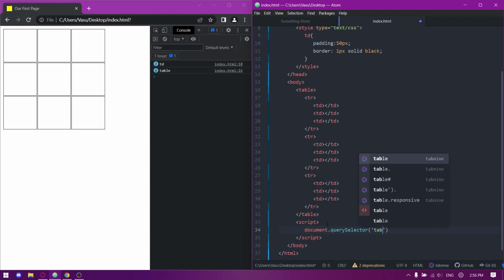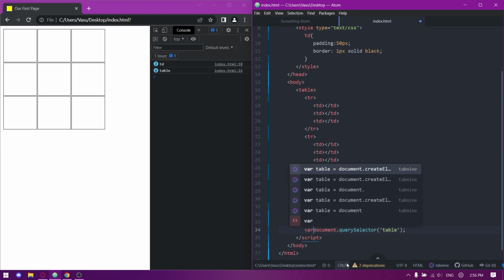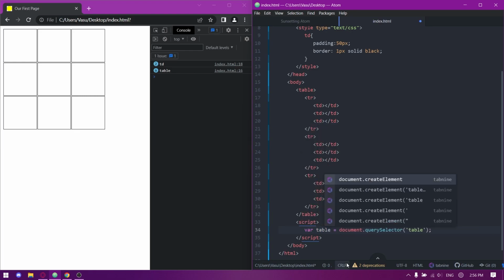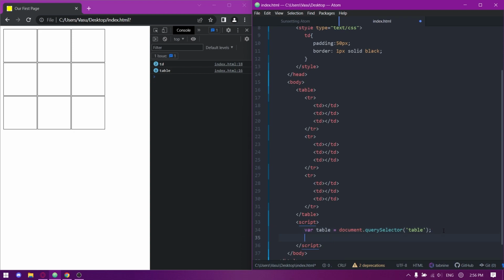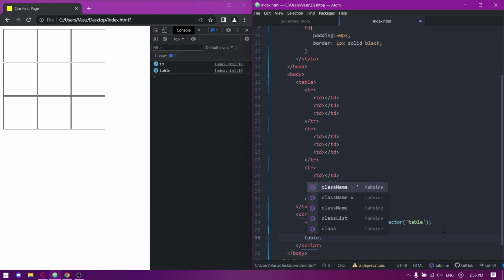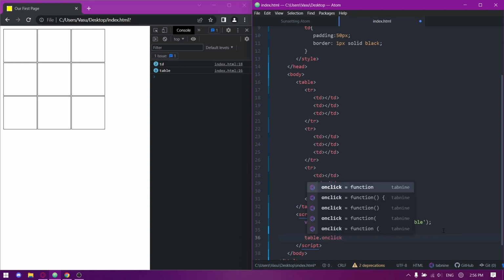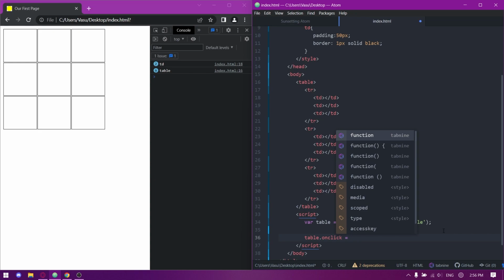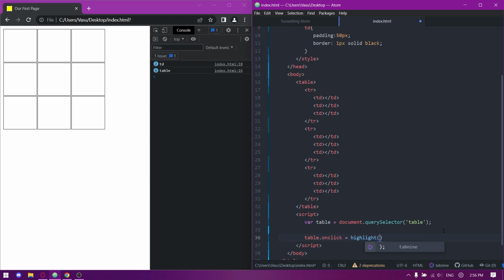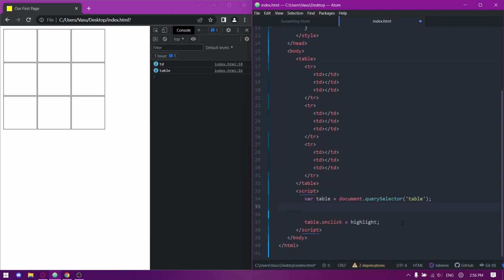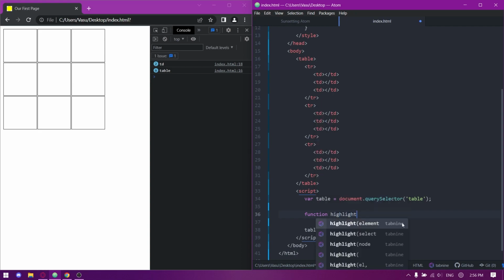So in my script I do document.querySelector table, and let me save that as a variable. Var table is equal to querySelector. So now I do table.onclick is equal to highlight, and highlight just like that. And now up here I create my function. So function highlight, event,